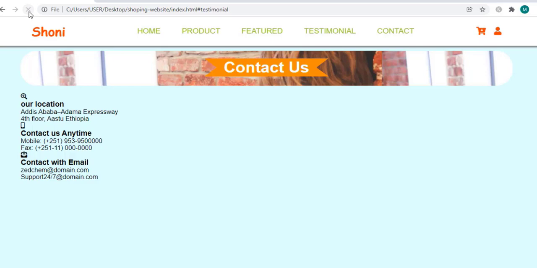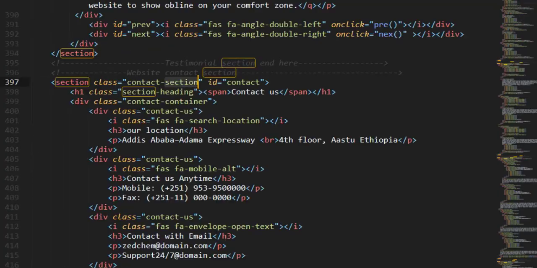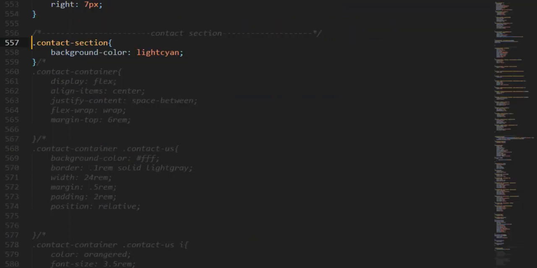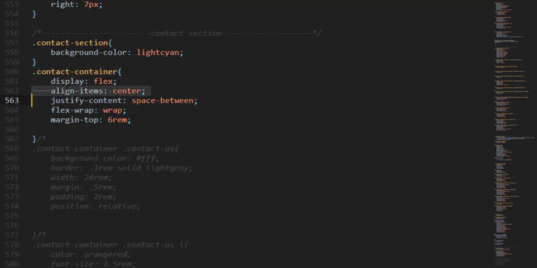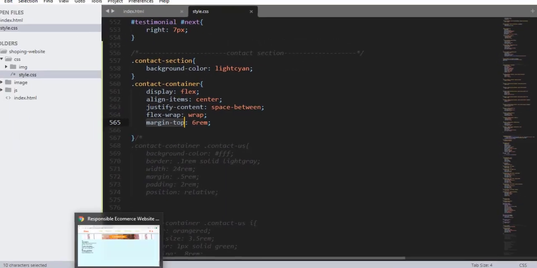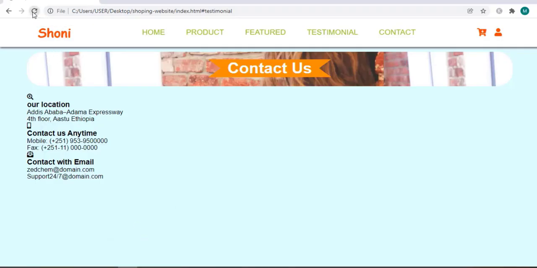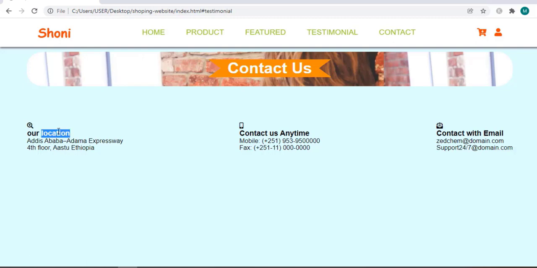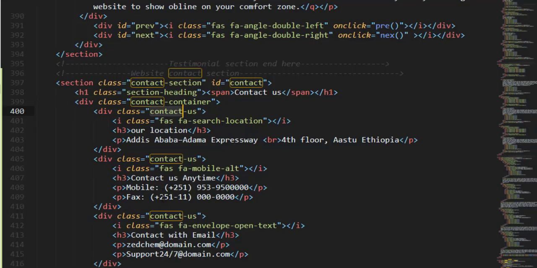Now let me style this. So using this class selector contact container, now let me add some property value pairs. Contact container, display flex, align items center, justify content space between, flex wrap, margin top 6rem. We are going to add a background color. We have just added a background color using contact section class selector. Here we have. Alright, so again using this class selector contact us,